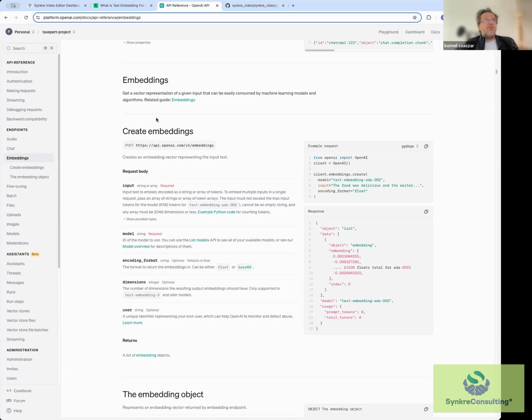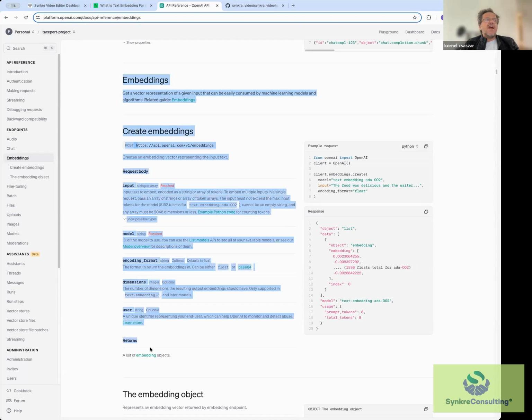This is really cool. I found material, so you can go to the OpenAI documentation and look at embeddings if you have a document or text matching problem. This is just a great API to use. And then what I did was